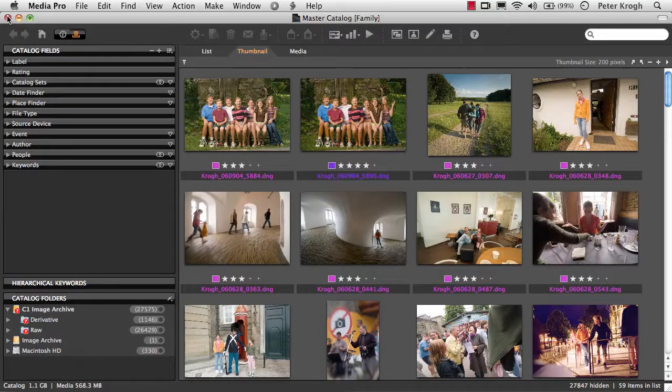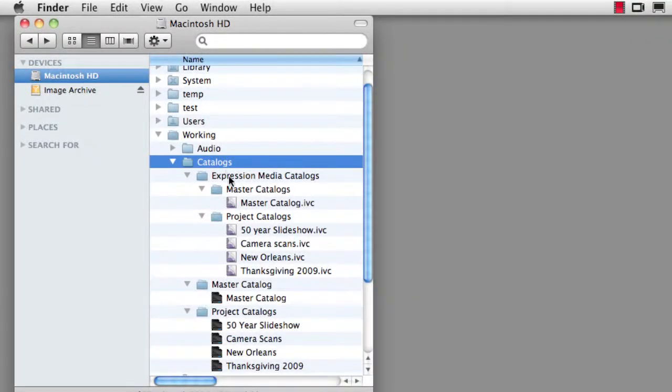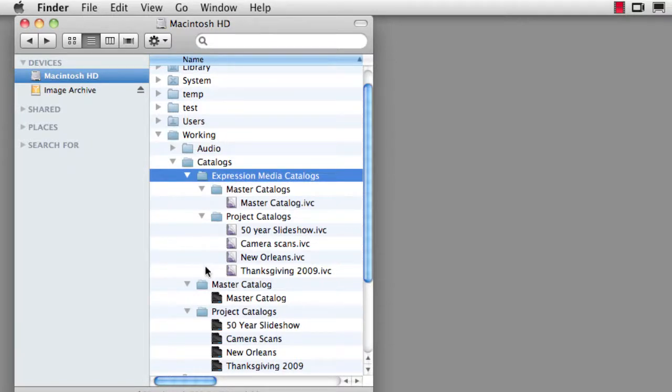At this point, I suggest that you close this catalog and work through the rest of the catalogs that you wish to upgrade. At the end of the process, you'd get something that looks like this: a folder full of Expression Media catalogs and an identically structured set of folders of Media Pro catalogs. At this point, the Expression Media catalogs can be archived, and I'd suggest that they need to be saved out somewhere, possibly to DVD or Blu-ray disc, possibly also to a hard drive. From this point on, all the work we'll be doing will be done to the Media Pro catalogs.